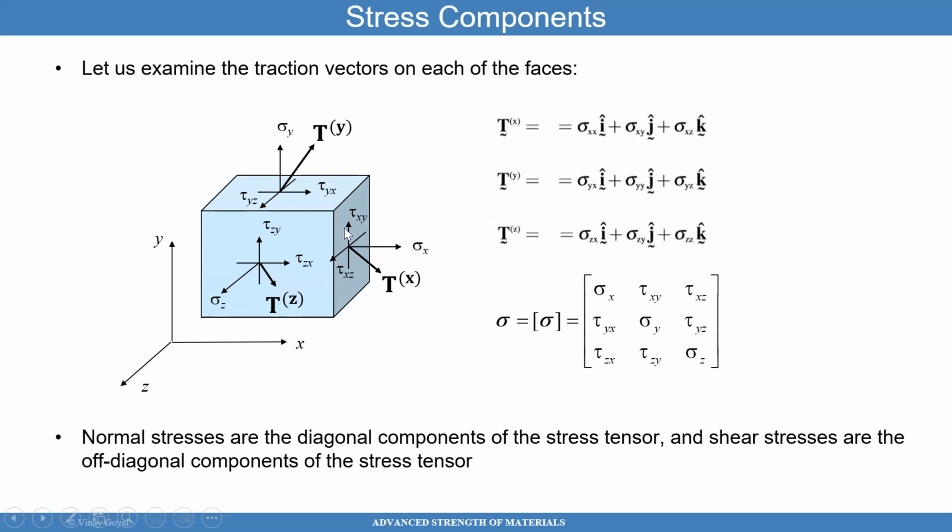Every vector can be decomposed into the X and Y and Z component. You know that from pure geometry. And so if I decompose those into three different components as shown here, I'm going to call each of them the stress components in that phase. For example, if I decompose the T, the traction force on the X direction, I will call that the sigma XX